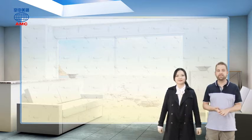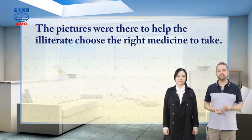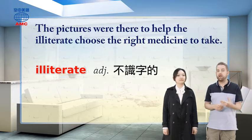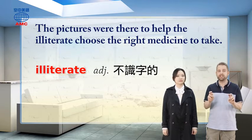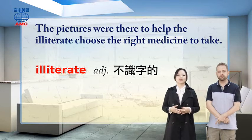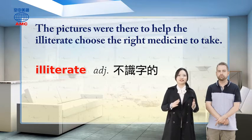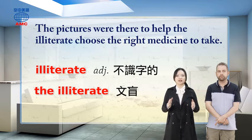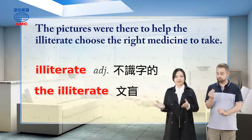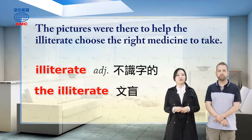Well, the article explains that the pictures were there to help the illiterate choose the right medicine to take. Someone who is illiterate can't read or write, and when we say the illiterate, we mean people who were illiterate. Illiterate 是形容词，意思是不识字的。如果和定冠词 the 一起用的话，会表示社会上特定的一个族群，像 the illiterate 指文盲，the rich 有钱人，the poor 穷人。